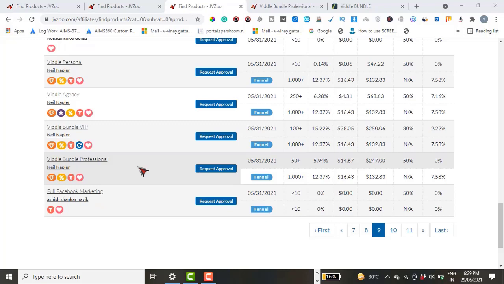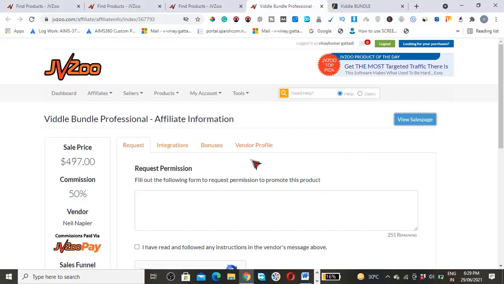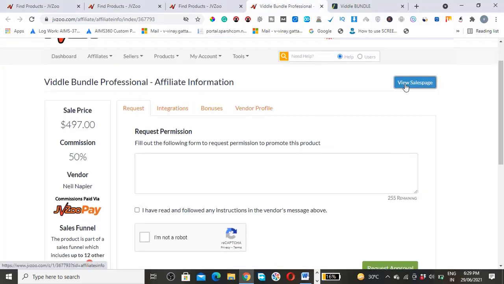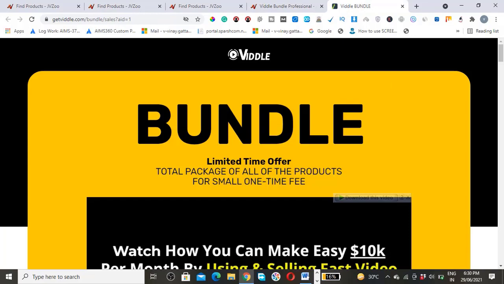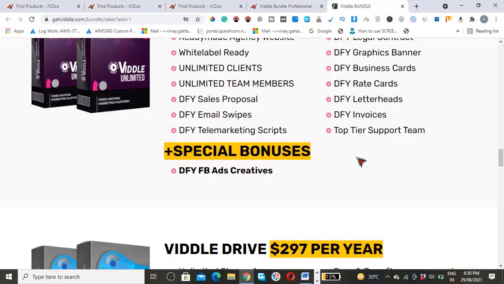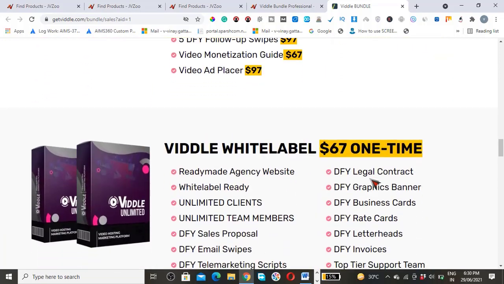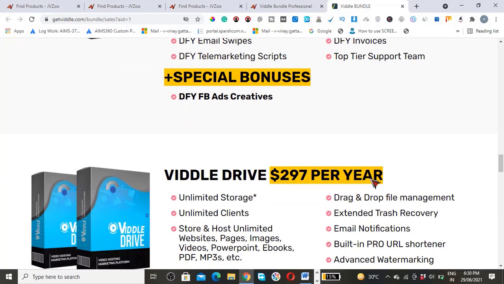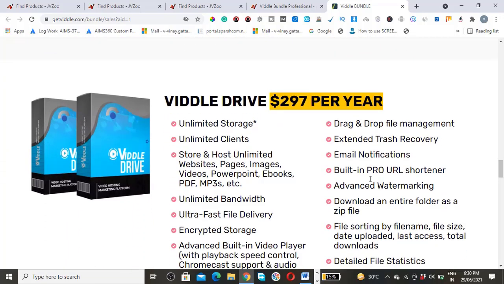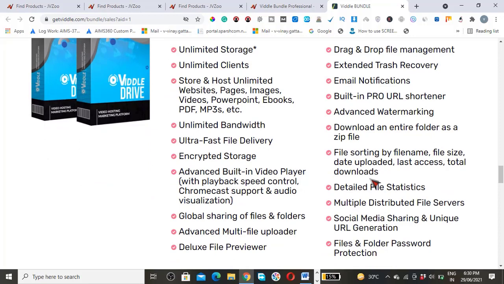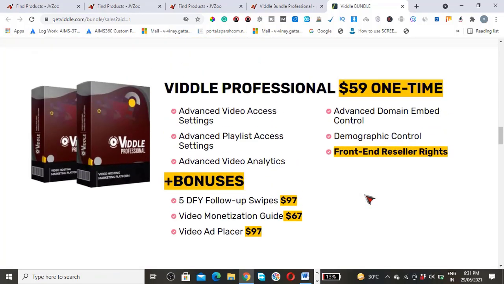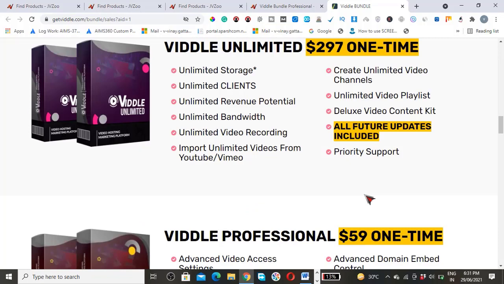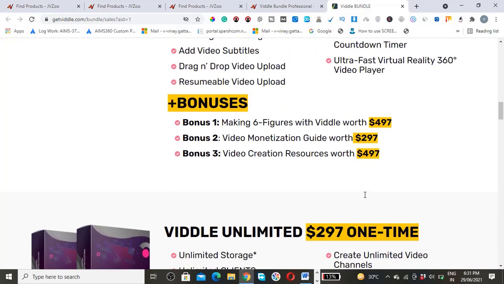Now once you select your offer, you need to see the sales page. Click on this, you will be redirected to this page, and click on view sales page. You will be redirected to this page. You can see what the landing page looks like and you can make a decision on that as well. You don't want to promote any product that you have not looked at the landing page of. So you want to do your own research and make sure everything is working on the sales page.